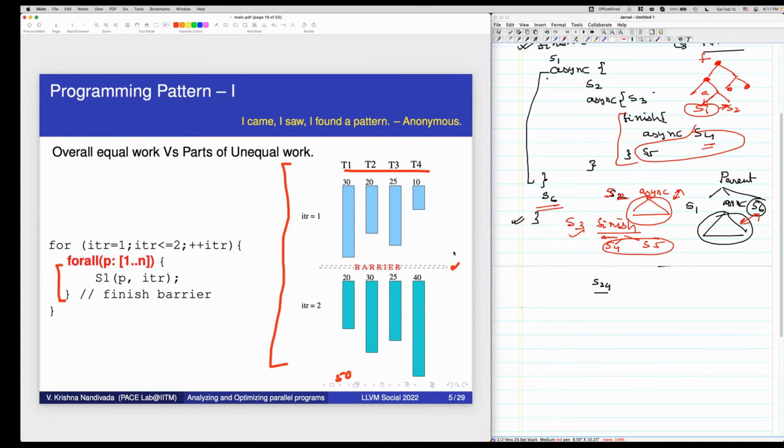The barrier time we are not calculating. Their total work done is only 50 units, but the time taken is 70 units. Overall, they have equal amount of work, but in parts it is unequal.